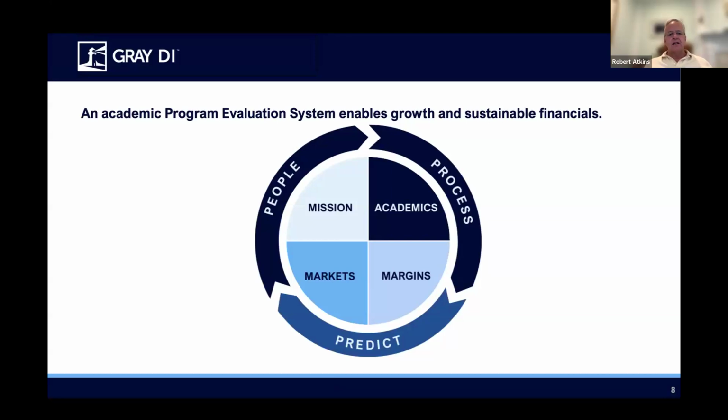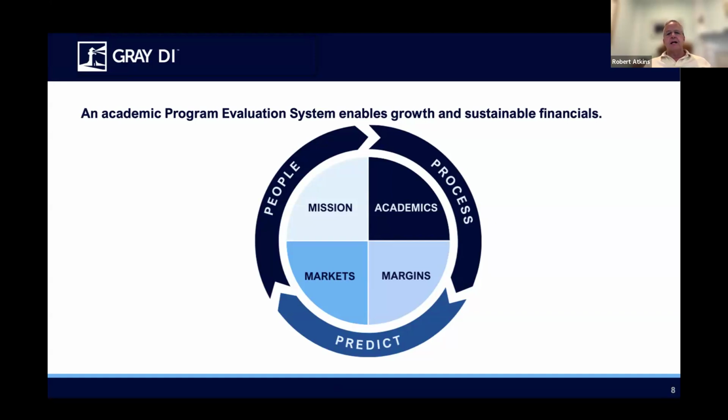And last but not least, we've just developed something we call Predict that really is a powerful enabler of this whole process. We can actually give you a very good estimate of how big a potential new program would be at your campus in your market. So when you're trying to evaluate new programs, that most mysterious number of all the numbers you try and put in the business case, how many students are going to show up, we can give you a really good head start on understanding what that number is likely to be.